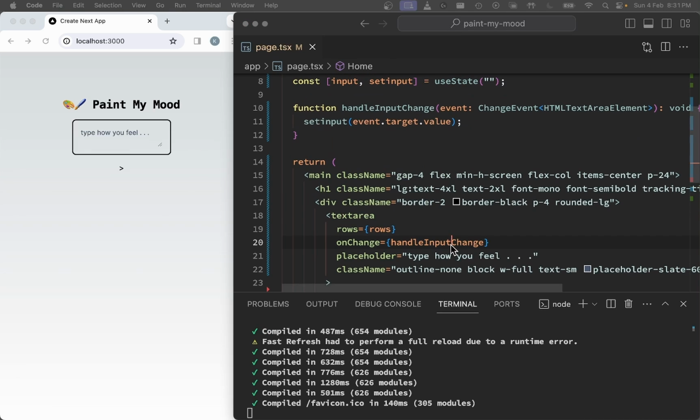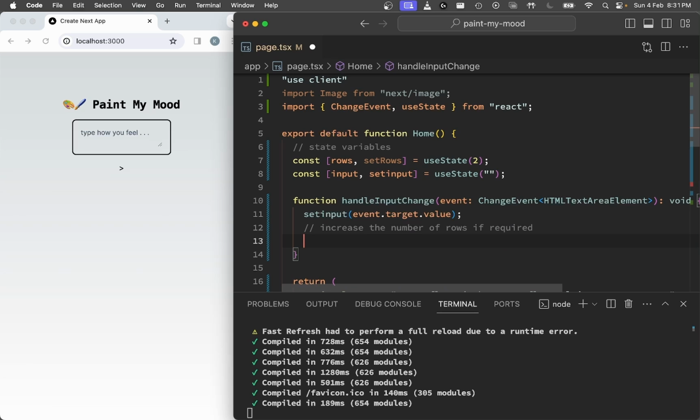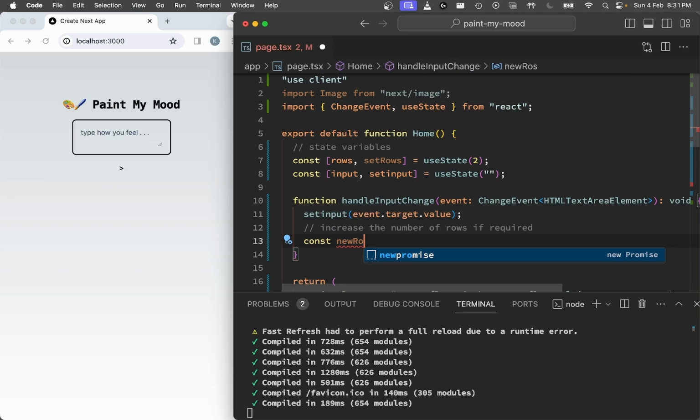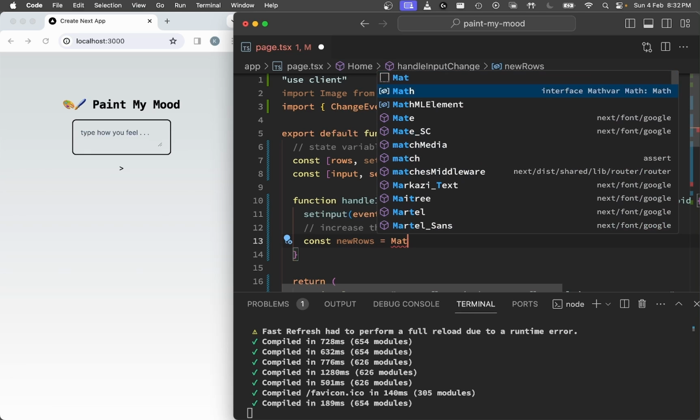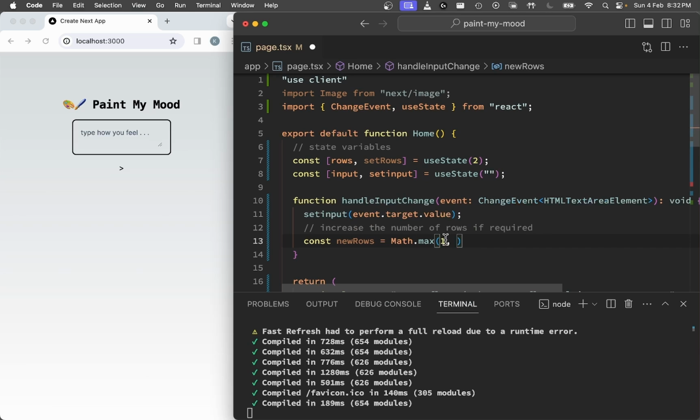So finally, in the handle input change method, we have set the input. Now we can set the height of the text box. We can check if it requires us to increase the number of rows, and we're going to write a simple logic here. We're going to say const newRows, which will be basically set as the number of rows, and we're going to say Math.max, which is basically our way of making sure that we at least have one row. So max 1 and something else, that means the minimum value has to be at least 1. After that, we want